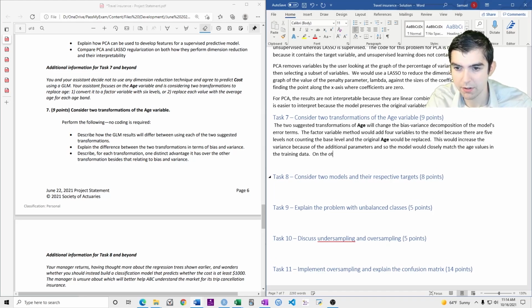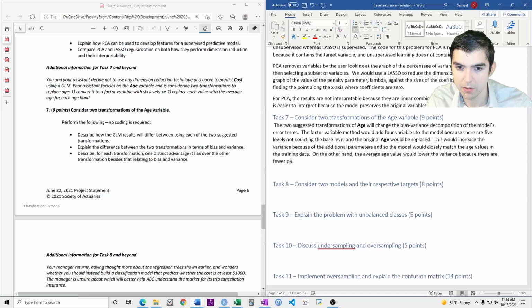On the other hand, the average age value would lower the variance because there are fewer parameters and because averages tend to reduce variance.